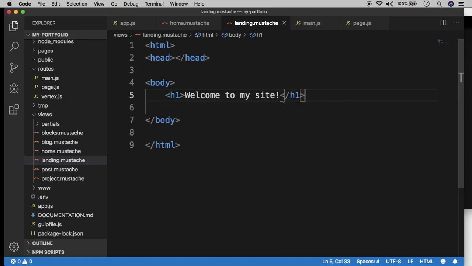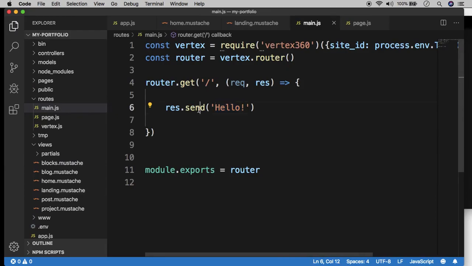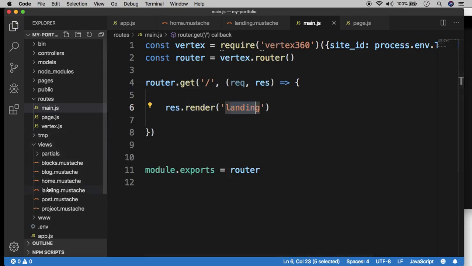And in the main route, the main.js route, what we want to do now is render this landing template rather than the raw string. So that's pretty simple. All we do is instead of send, we do render, and we enter the name of the template landing that we want to render. So this is just going to grab the landing mustache template and then render that as HTML back to the